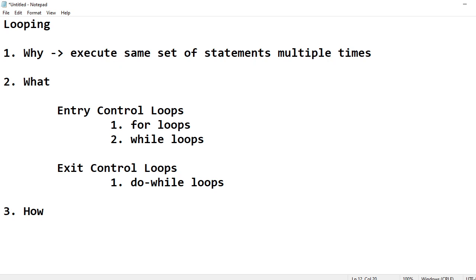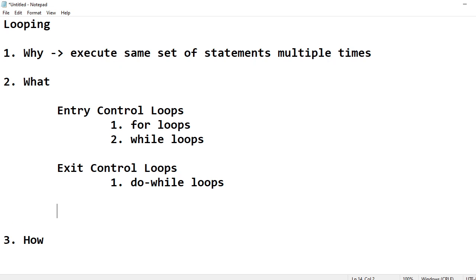Okay, so we have two types of loops, entry control loops and exit control loops. The difference is that in an entry control loop the condition will be checked when the control is going into the loop, right? And in an exit control loop when the control is moving out from the loop. So this is the difference.